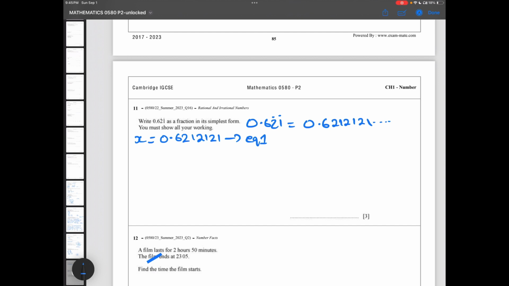So over here, I will multiply my equation by 100. So x will become 100x, and 0.6212121 will become 62.121212 and so on. This is my equation 2. Now I will subtract these two equations. When I subtract, 100x minus x will be equal to